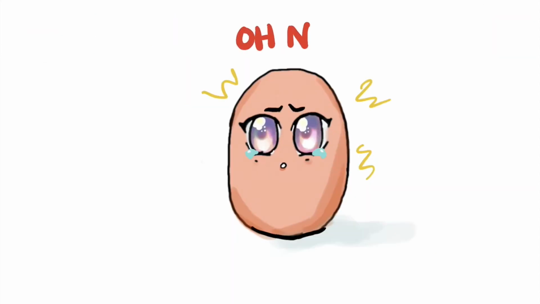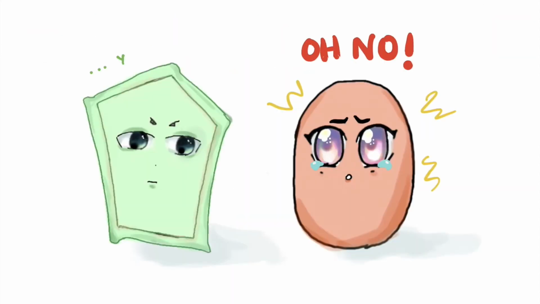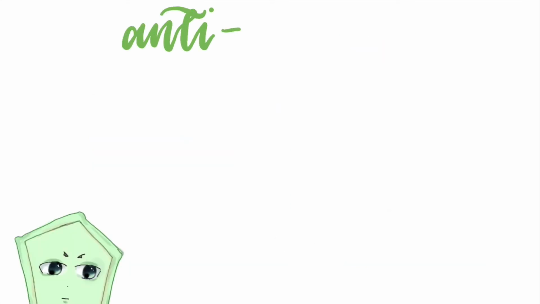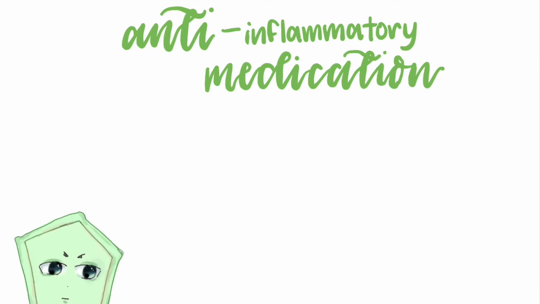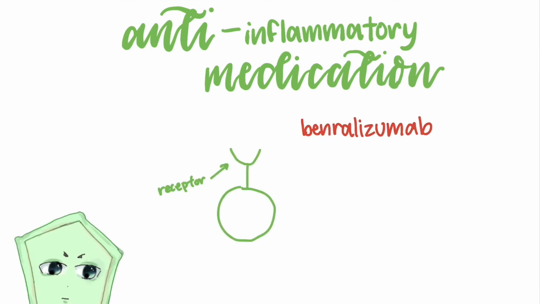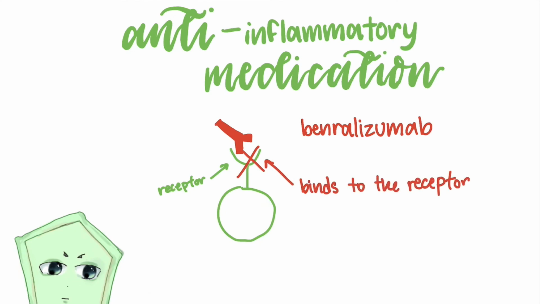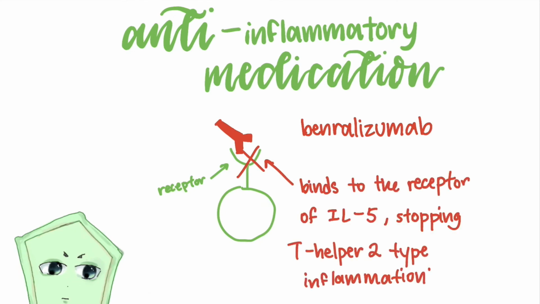Oh no! How do I stop having asthma? You can't. But lucky for you, asthma symptoms can be prevented using anti-inflammatory medications, such as benralizumab, which stop dendritic cells from causing T helper 2 inflammation, allowing pathways like the GS pathway to increase cAMP production and keeping airways